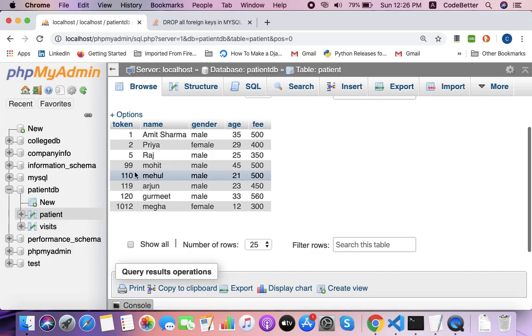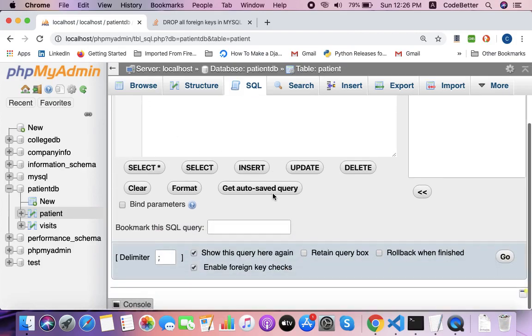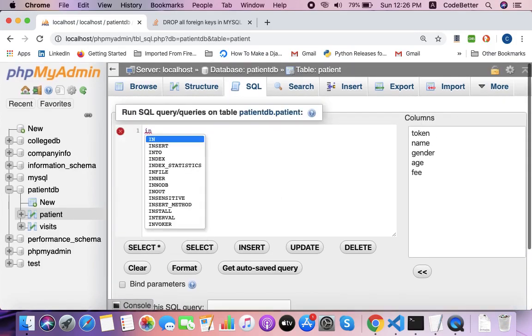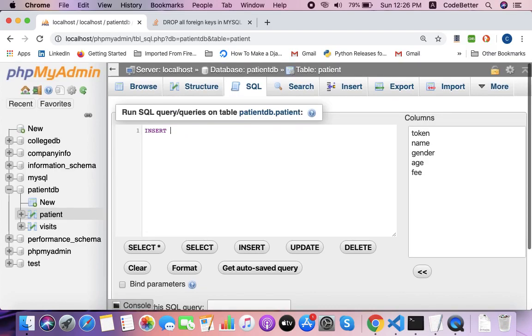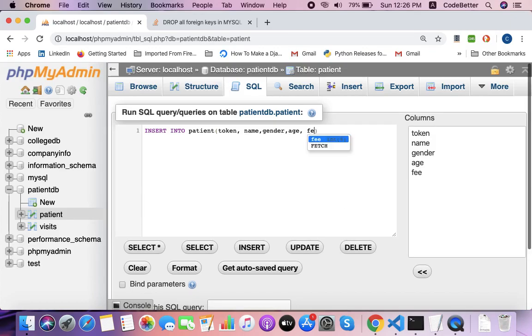Now let us check if we are able to insert duplicate tokens in the table. So let's insert a row into the patient table: insert into patient, columns token, name, gender, age, fee, and the values.